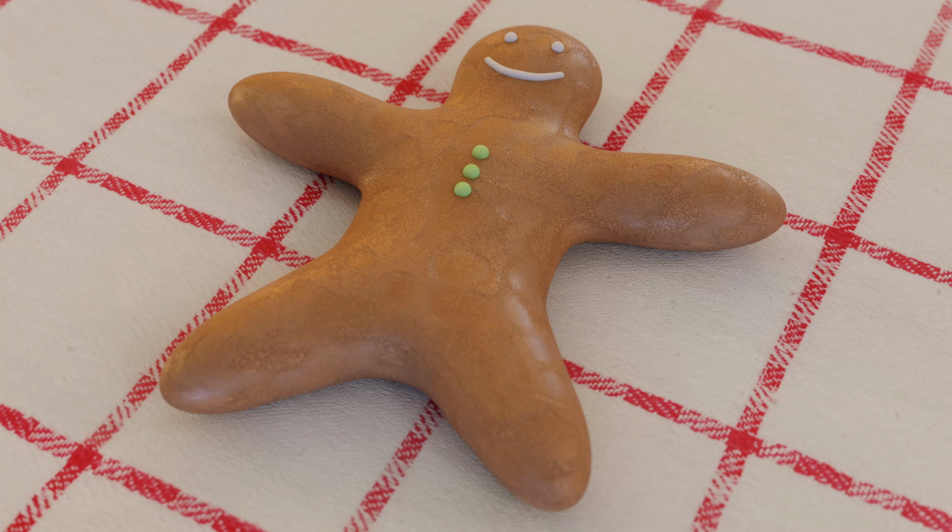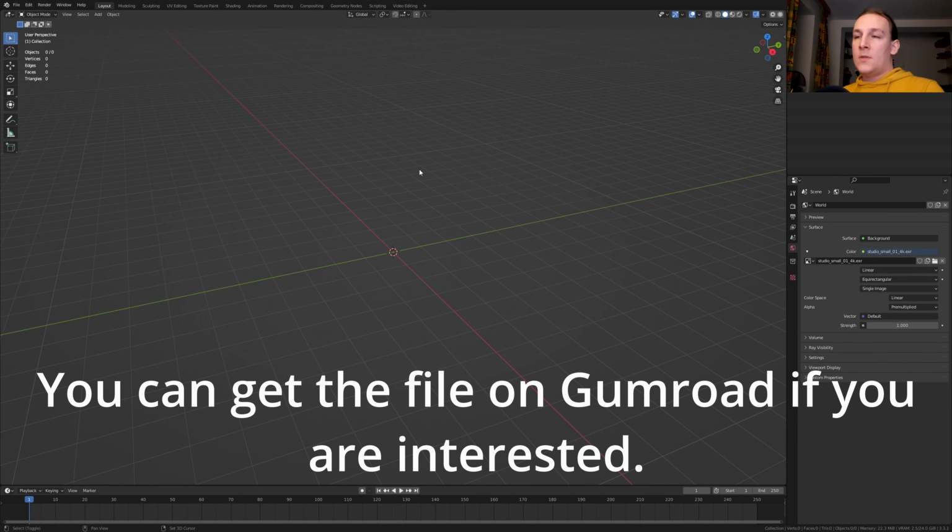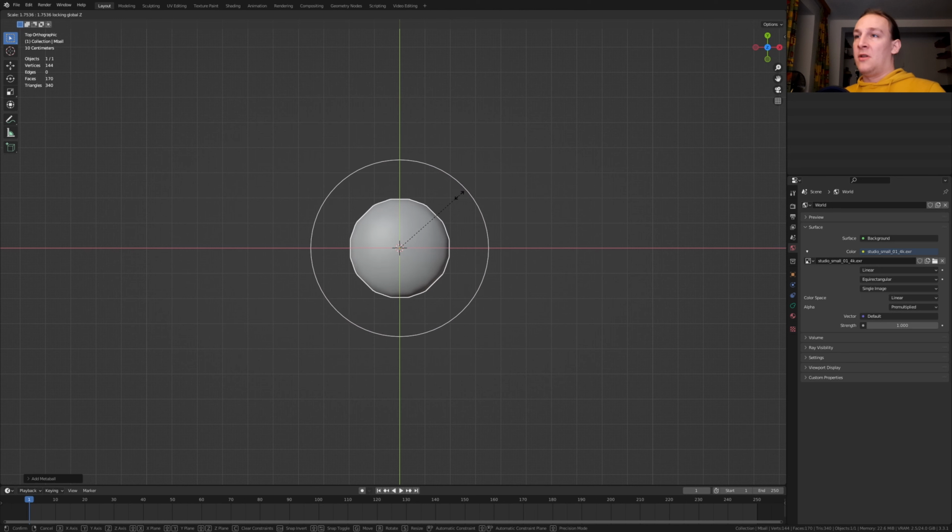Hi everyone, today I'm going to show you how I can create a procedural gingerbread shader in Blender, so let's get started. First hit Shift A and add a meta ball. Now going to top view and let's press S and Shift Z to scale it on the X and Y